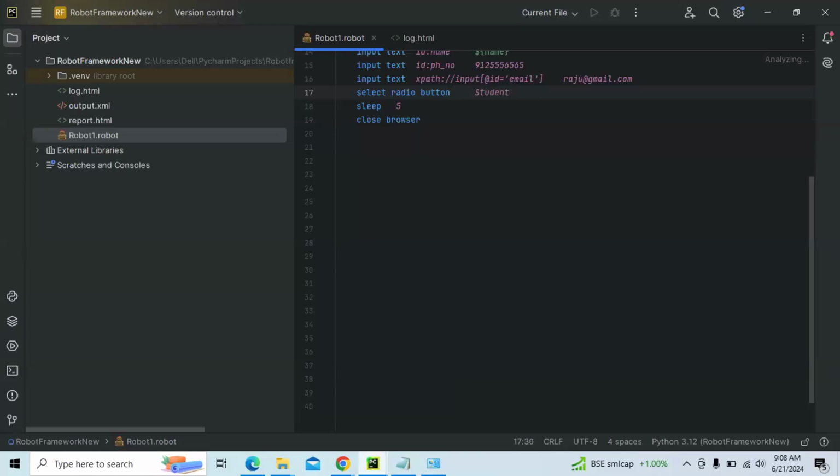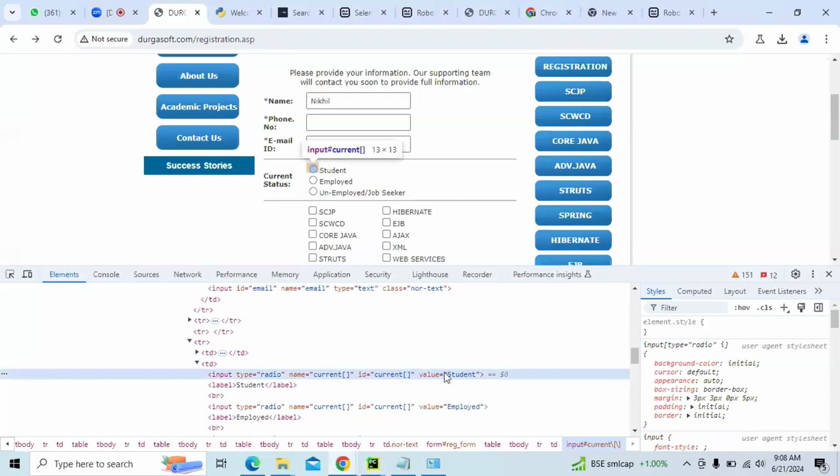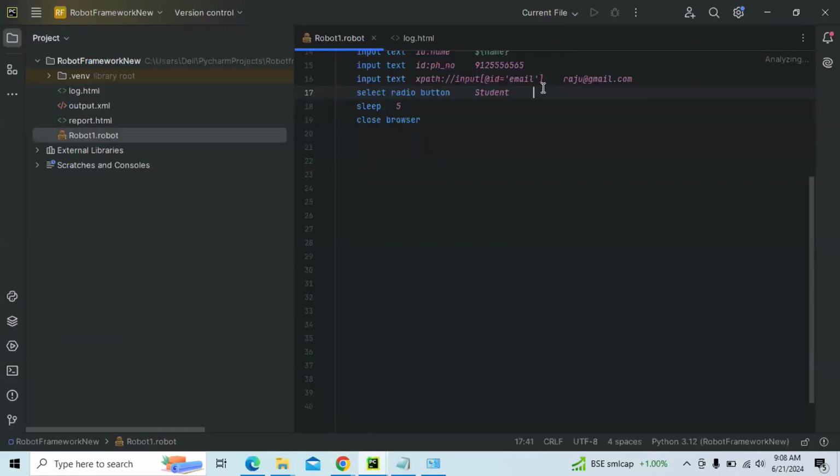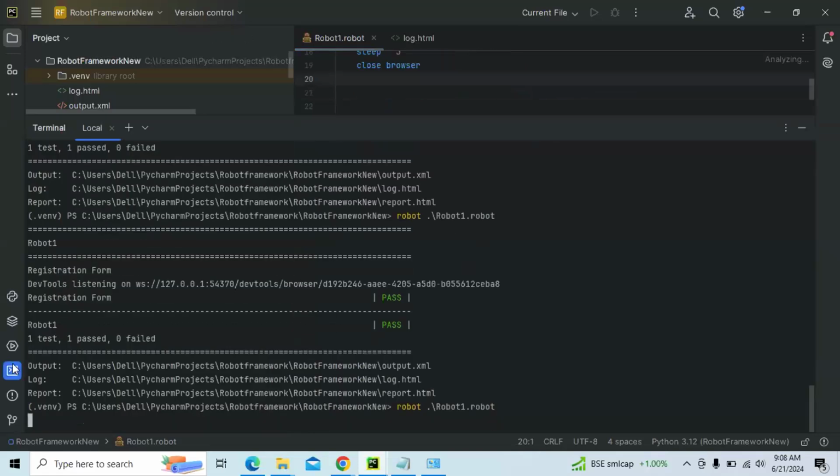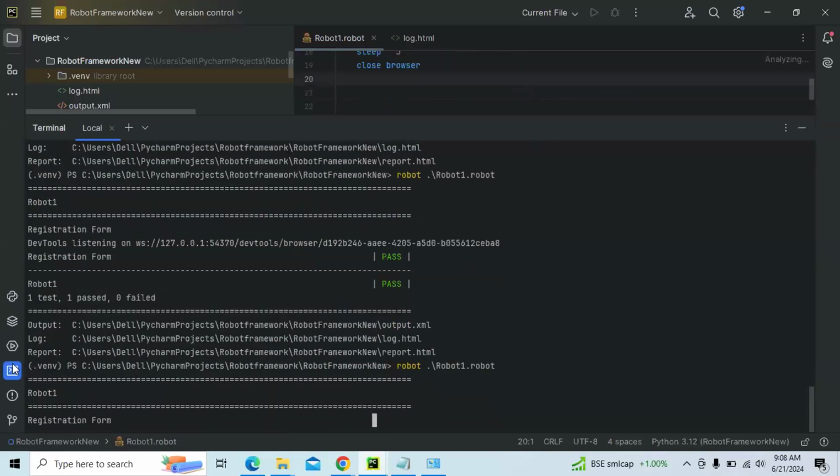Then we have to use the attribute. The label is nothing but student. The value is student, and also the label is student. That means this one is also student. You can use either way. Let's see, I will try to run it. Either you can use this way, or I'll tell you another way of using it. Now what it is actually doing is